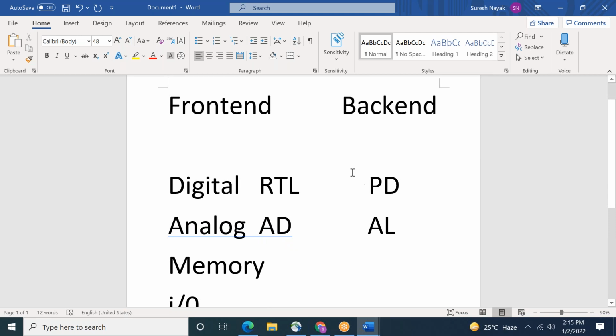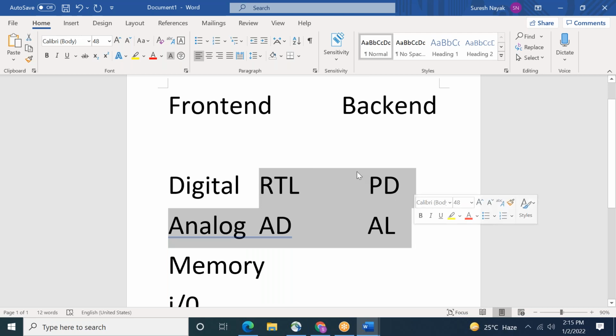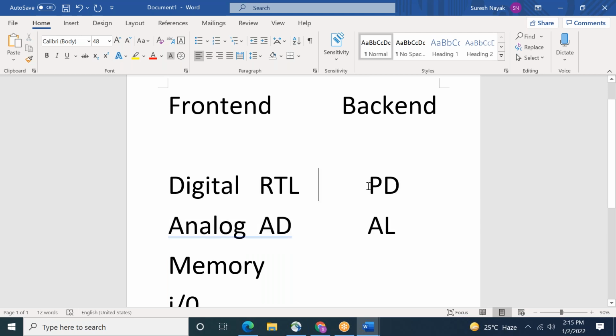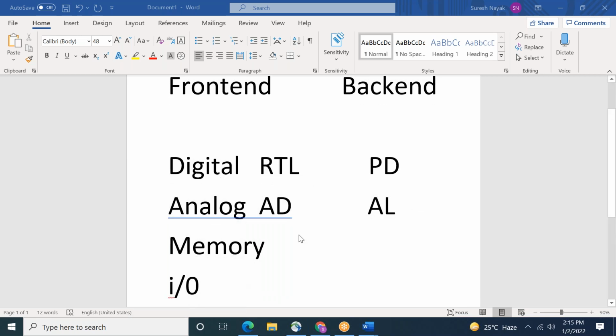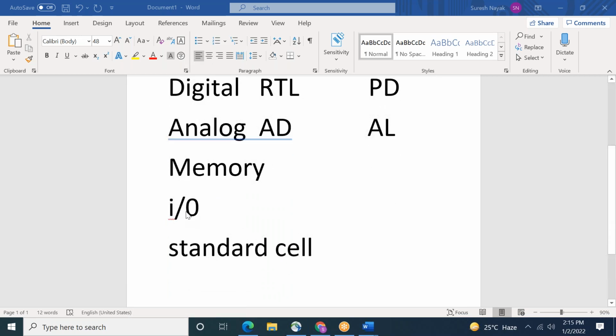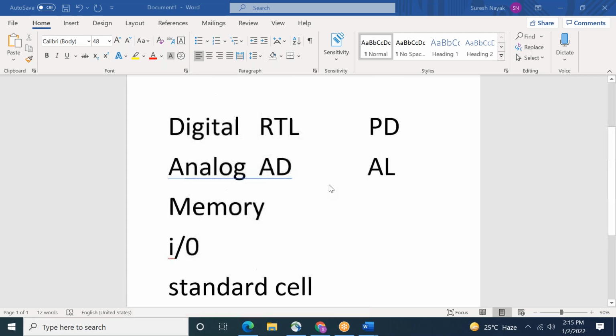Okay, and if you see these two domains and another is the verification, these three domains consist of like 80% of people from this industry. 80% means the openings will be in PD, AL, analog layout, or you can say custom layout. Actually, the IO layout and custom layout combine IO, some blocks, standard cell, but memory layout is a different engineer.